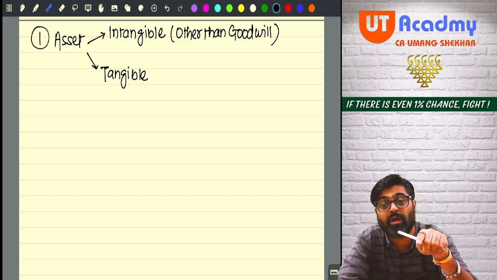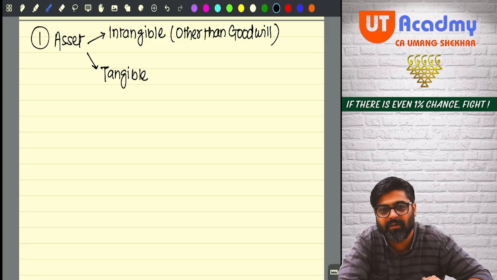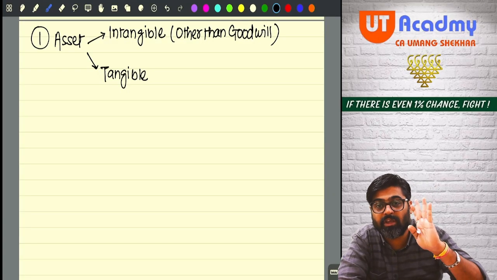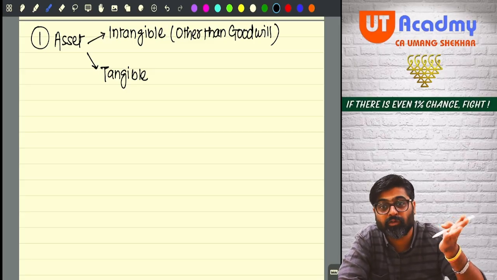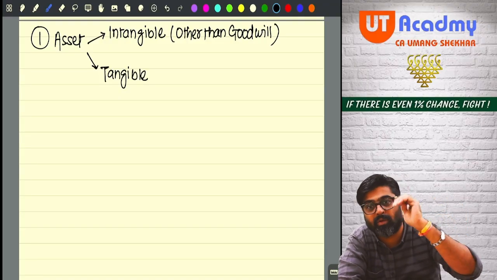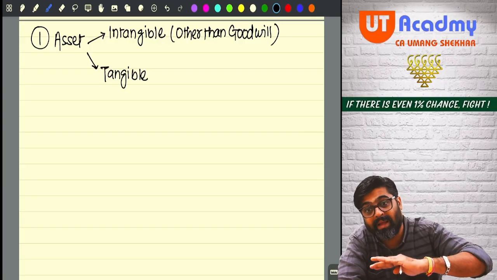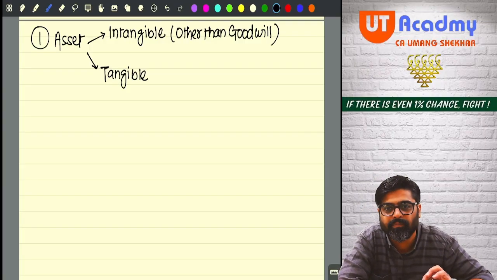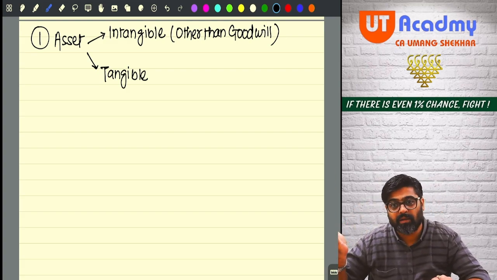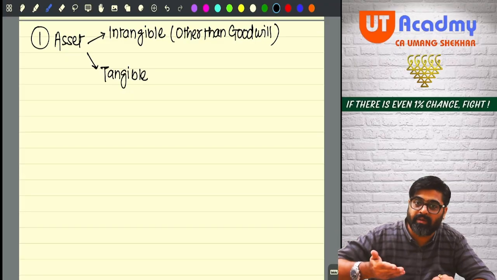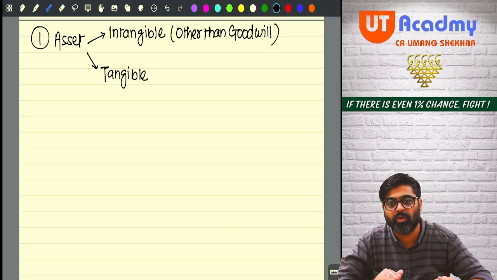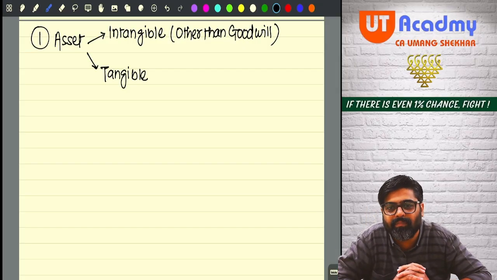Because goodwill was also considered a part of intangible assets because of a Supreme Court judgment in the case of Smith's Securities. In that case, the Supreme Court gave the judgment that even goodwill can be treated as an intangible asset, and the cost of that goodwill will be eligible for depreciation under the PGBP head. So earlier that judgment used to get applied, and whatever cost of goodwill you had incurred used to be allowed under the head PGBP only in the form of depreciation. You were very well eligible to claim that. But